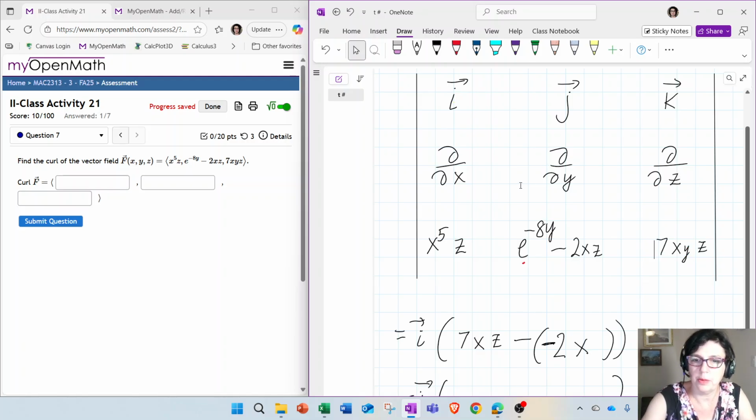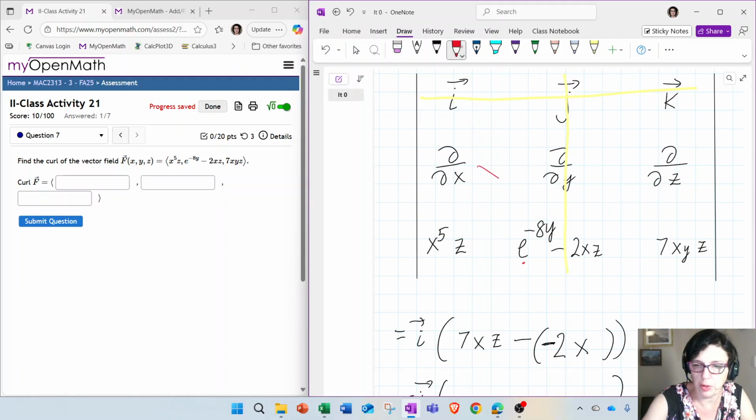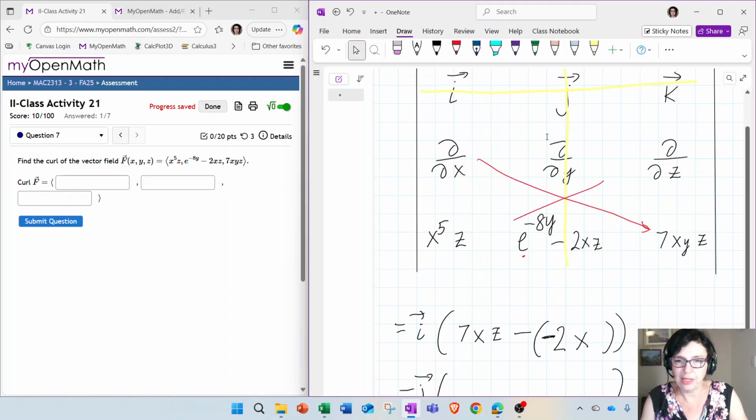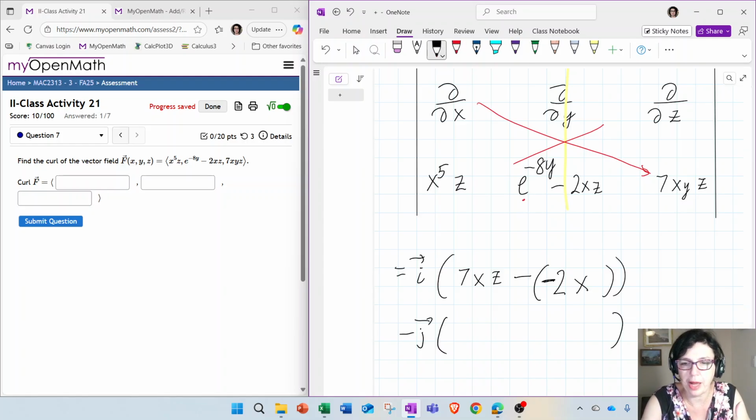Okay, so now the j component. To find the j component, we're going to cross this out, and we're going to multiply like this, that's the first one, and then this one, and subtract. But again, we're not really multiplying. We're applying the derivative with respect to x to this term, the 7xyz. When I apply the derivative with respect to x, the other terms are just constant multiples, so I keep them. So it's going to be 7yz minus. Now this one with respect to z, well, x to the 5 is a number, because it doesn't change when we're taking the derivative with respect to z. So this is like number times z, and that's just going to be our number. So that will be x to the 5.